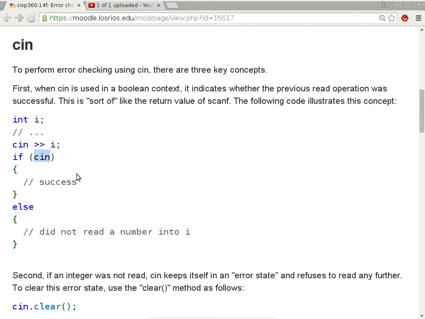So this is one thing that C++ can do that C cannot do. Because in C++ it is context sensitive, and in this particular context, because it's inside the parentheses of a conditional statement, the compiler says, okay, I need something that is Boolean here. And then what it sees is cin. Now in C this would have been a problem, because how do we turn a cin into a Boolean value? But in C++ it is possible, because